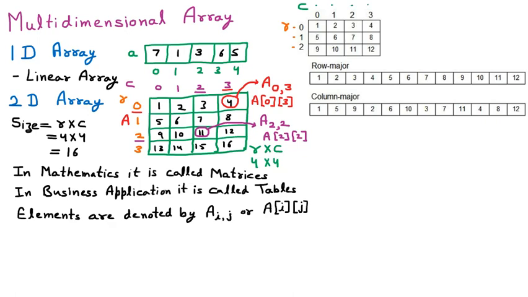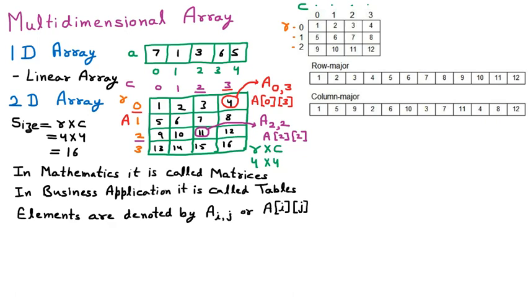Now in this particular 2D array, we have multiple elements, just like 1, 2, 3, 4, 5, 6, 7, 8, 9, 10, 11, 12. So these are the 12 elements which are present in the 2D array. Now to traverse these elements, there are two options. One is the row major and the second one is the column major. So these are the two orders. We are first of all focusing on the row major.